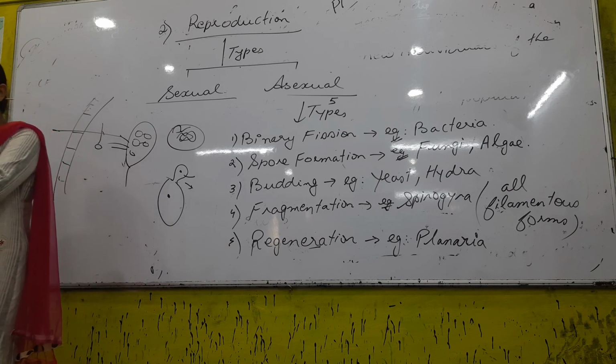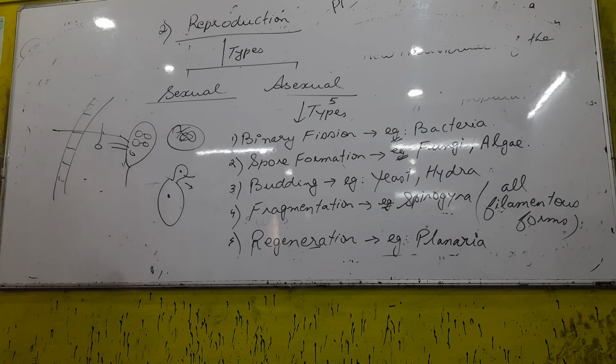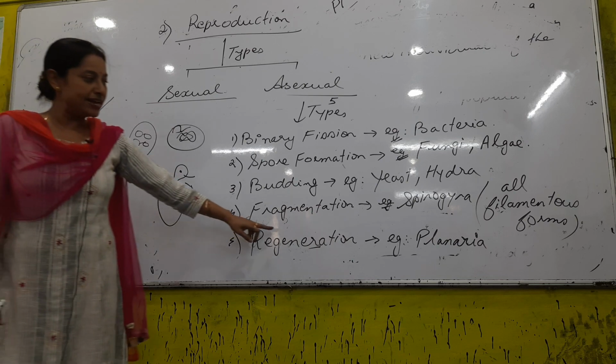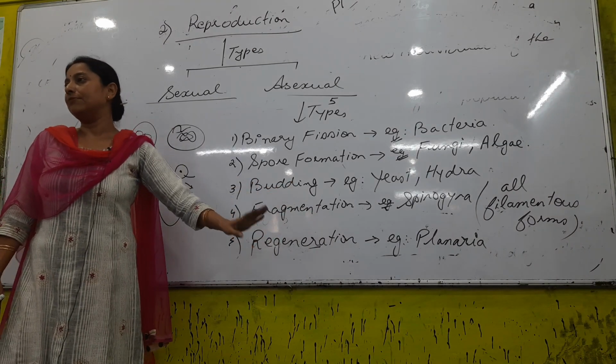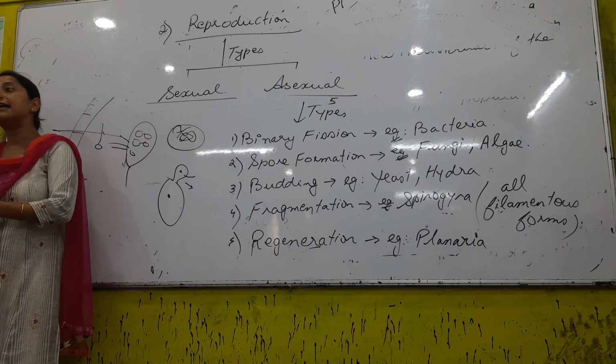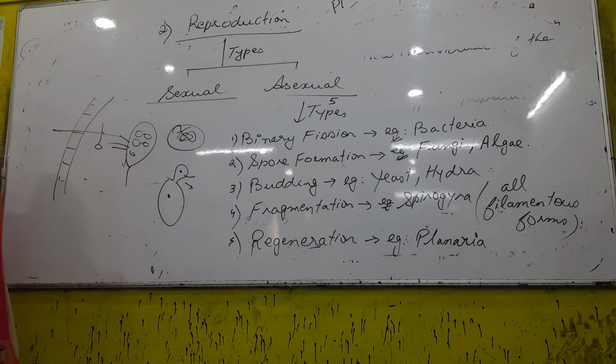Next is regeneration, where each and every part produces a new organism. However, regeneration, I mean, is for reproduction of organisms, or there could be two types of regeneration, right? Regeneration best example, if a question comes, best example for that is planaria, or a body animal. Can you give me one example or common example of regeneration that you have seen?